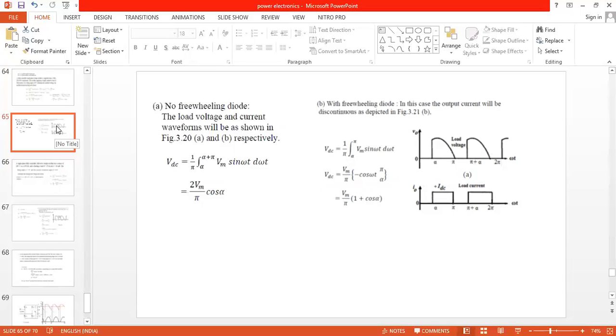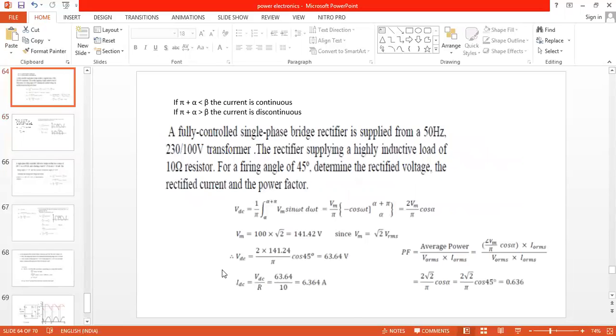76.88. Yes, Sir. Very good, very good. So now what we can confirm, what is the output voltage without freewheeling diode? It is 63.64. So what happens when we are placing the freewheeling diode? Output voltage increases. So now you can ask one question, sir, without freewheeling diode, output voltage is less.